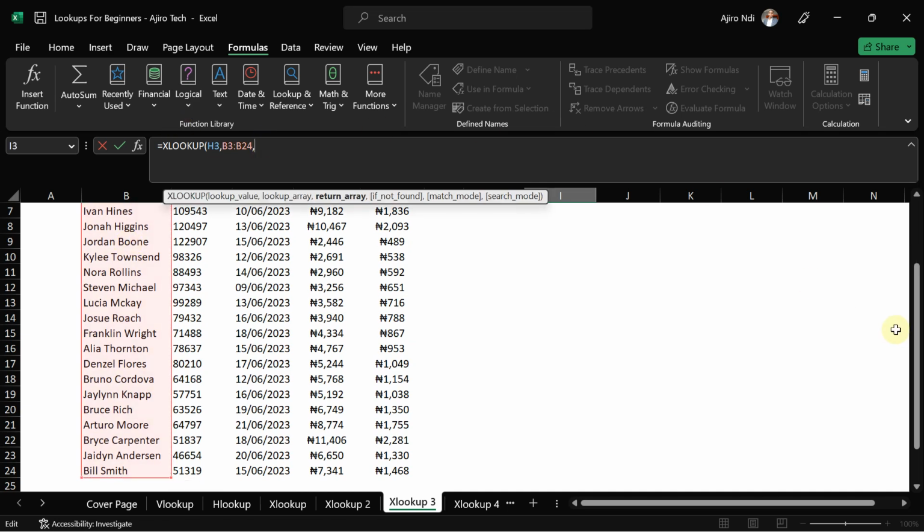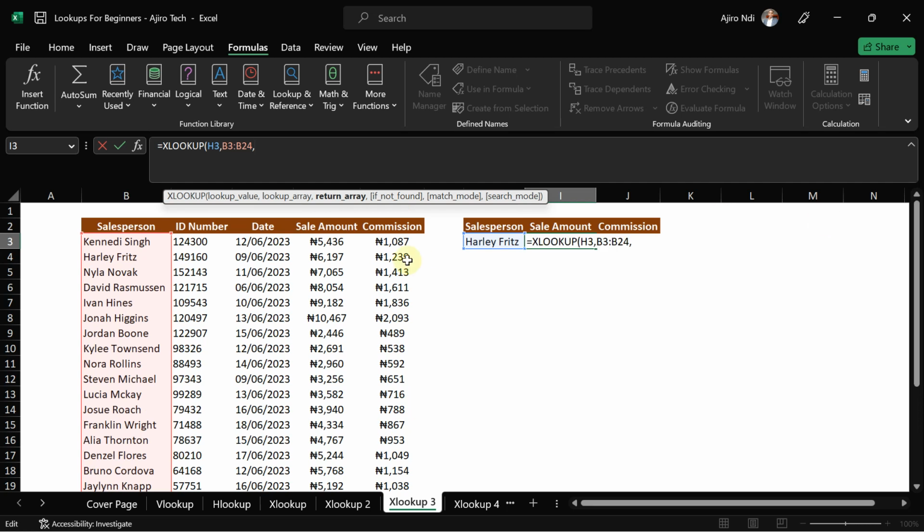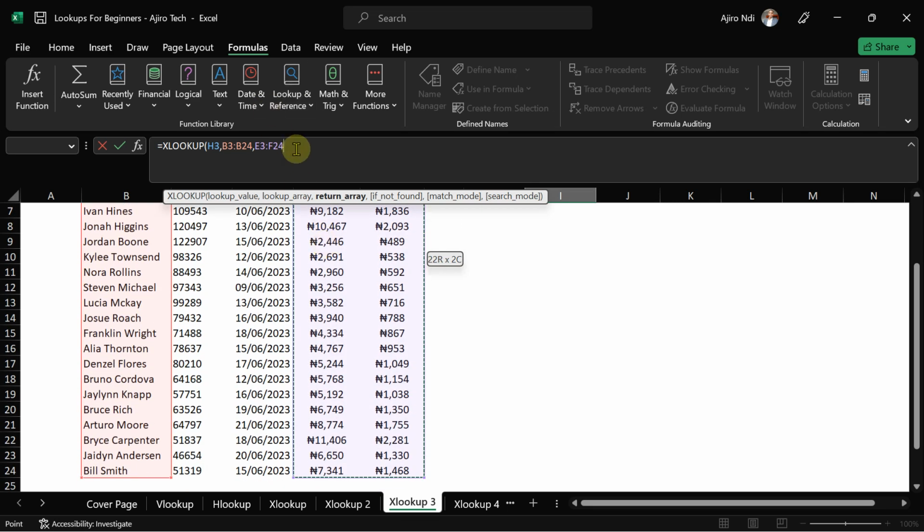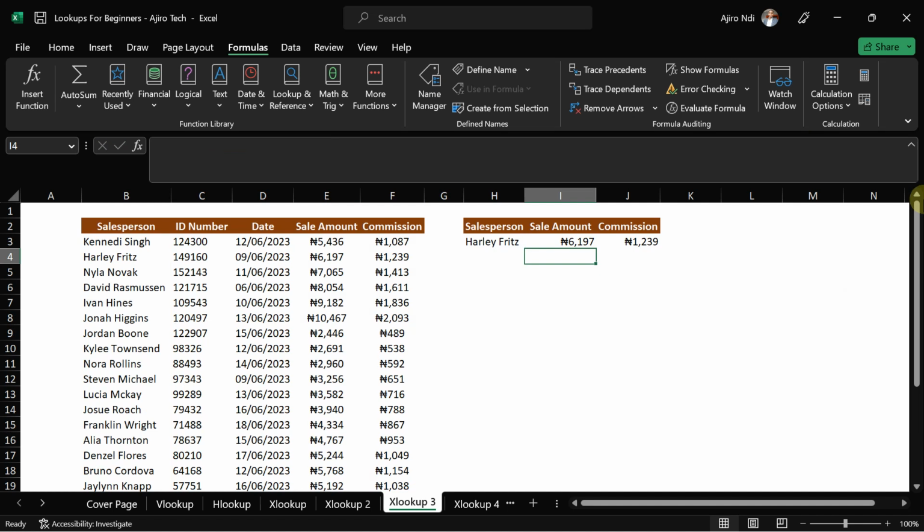comma, return array. So my return array is going to be what? Sales amount and commission. You're liking this, right? So I'm going to click here, shift control arrow right, shift control arrow down, and just like that, close the parenthesis, and then hit enter. Automatically, it's going to show you the salesperson, and we can check for it. So this is the amount for the sales that this salesperson has made, and this is the commission,